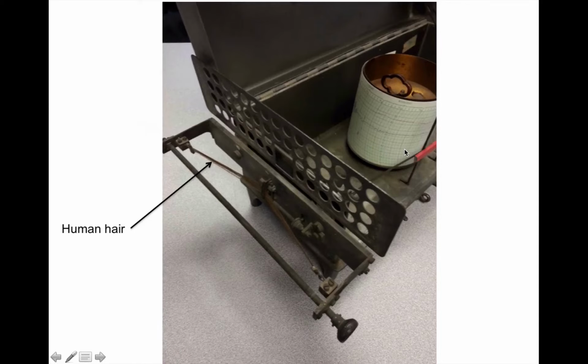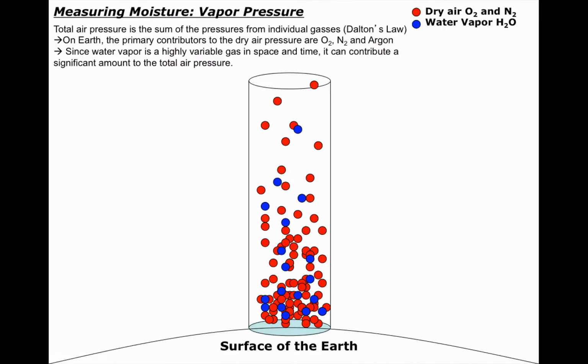Now, I know that for a lot of people, when the humidity gets high, as the hair lengthens, it actually curls as well. But we've eliminated that impact by stretching it between these two clamps. So this was a primitive way by which we could measure the amount of moisture in the atmosphere. Now, thankfully, we don't do it this way anymore. We, of course, have much more sophisticated instrumentation. We use things like chilled mirrors or hygristors, which are very small circuits that are responsive to changes in humidity. But this was one of the primitive ways in which we did that.